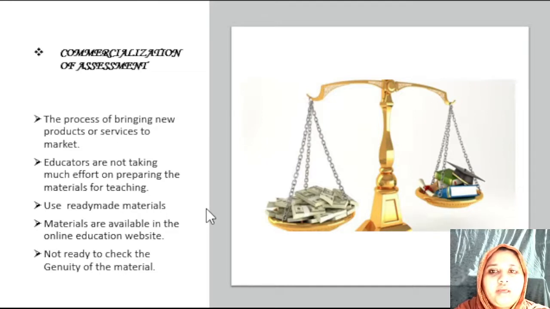What is meant by commercialization? Commercialization is the process of bringing new products or services to the market. In the case of education, the teachers prepared notes and tools for assessment, and prepared to implement them in the classroom, etc. in the beginning. But now, as part of commercialization, the educators are not taking much effort on preparing